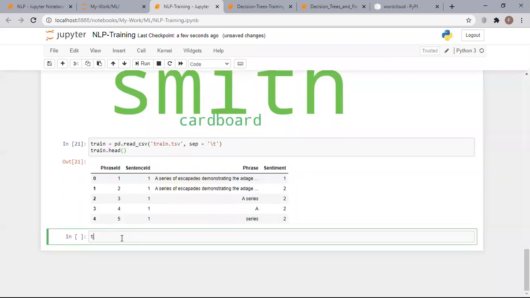So tokenized data equals tokenizer. This tokenizer that I'm using for this data is the one that is able to remove the punctuation marks from your data. And what it's tokenizing would be what is within